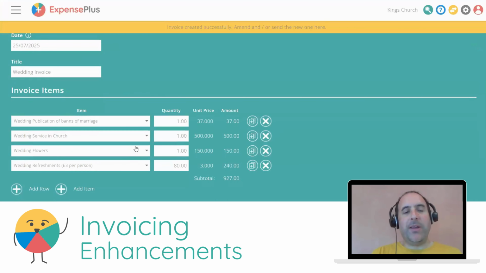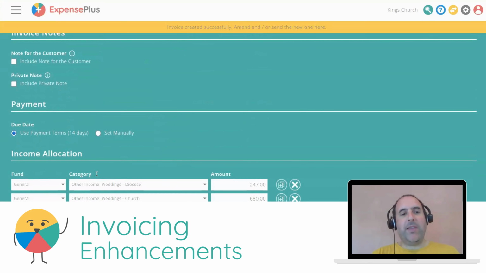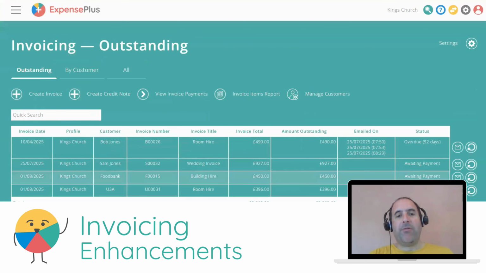Now, again, we can customize this if we want to. For example, if they're sorting their own flowers out, we can either remove this invoice line called flowers, or we can just zero it, so there's zero quantity. And so you can still customize an invoice template before then creating. Again, you can apply a discount. You can set some default income allocations for the templates you create. But creating from template is a really great new feature that allows you to create invoices from template rather than